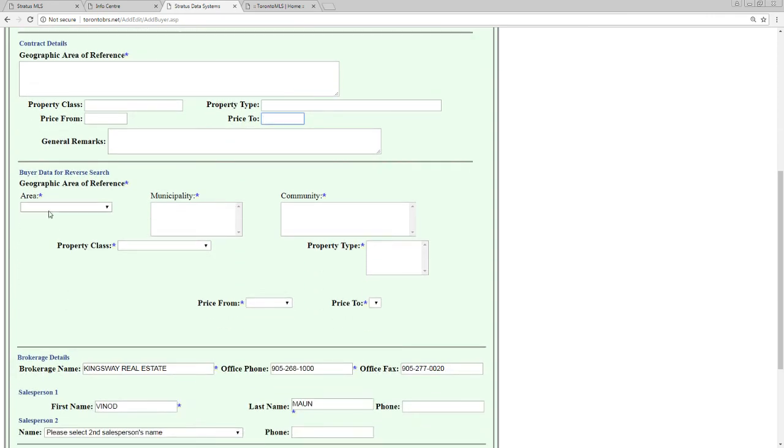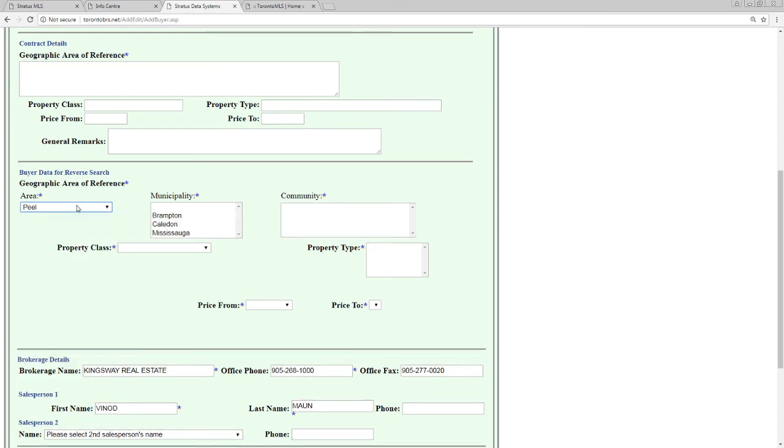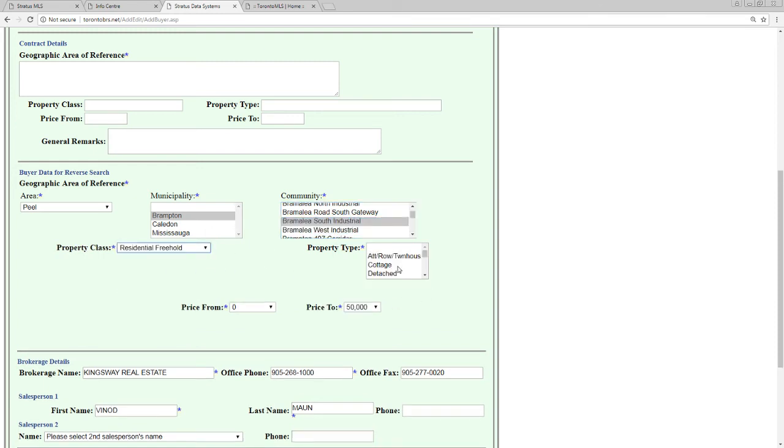But over here, you have to put the actual Peel, Brampton. The person is looking for an airport road, Highway 7, Brampton East, Brampton West. So these are the areas they are looking for. Freehold they are looking for, and detached properties, price 0 to